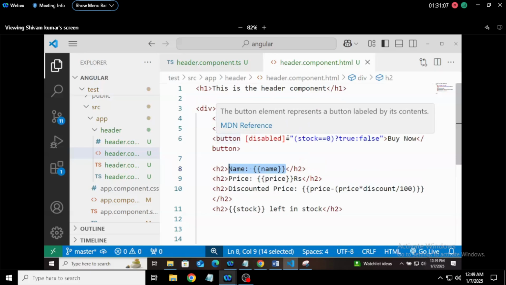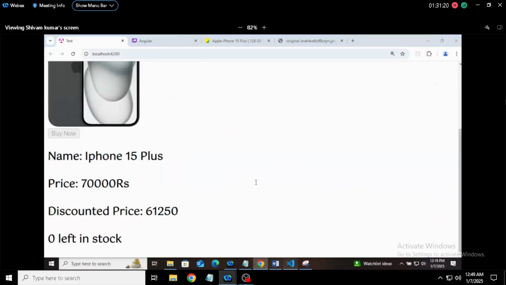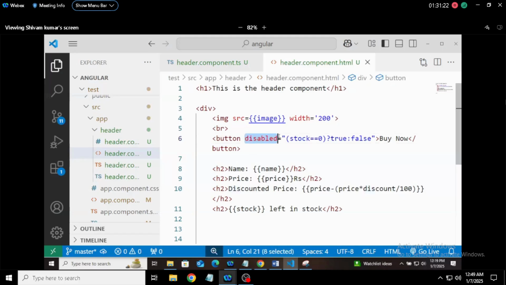If you are not writing this disabled inside this square bracket, it will not work, because Angular will only take the square bracket as property binding, right? It will not work. Every time it will be disabled only. So keep it here. If I want to use the property binding here,